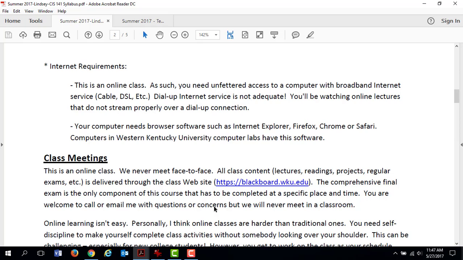You want a rock solid internet connection, and you should also have, even if you have a good broadband internet connection at your house, a backup plan in place. So let's say you're planning to take the test this afternoon, and some neighbor down the street's cutting down a tree and they chop the lines, and all of a sudden your internet goes out. Well, you still have to take the test, and so at that point you need to have some secondary location lined up. It might be a McDonald's or a Starbucks, so make sure you take your laptop,